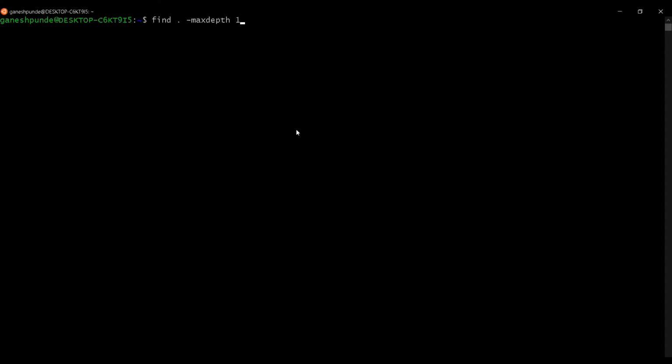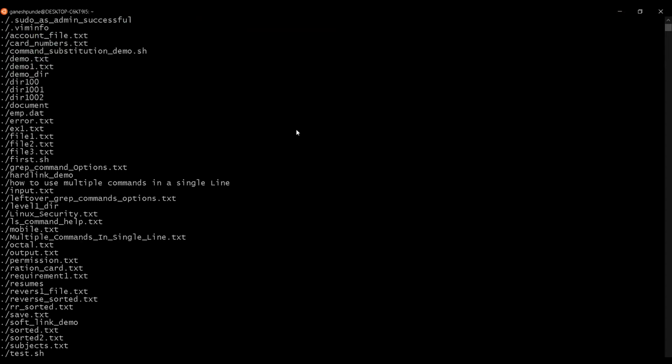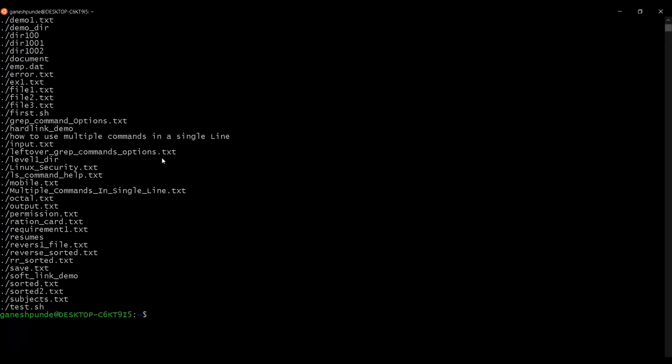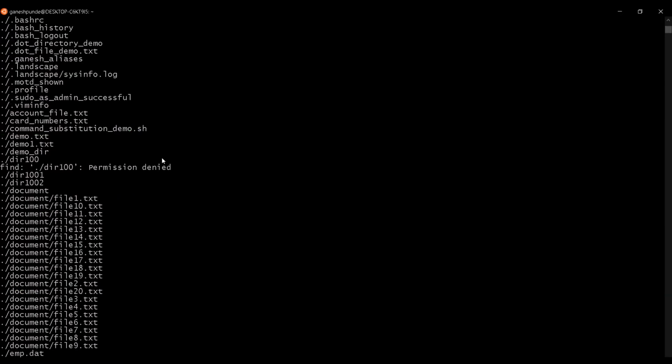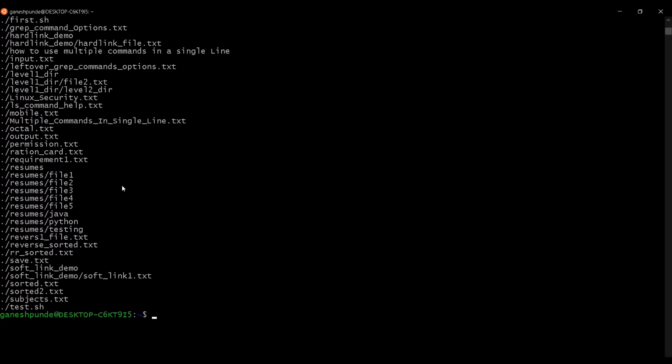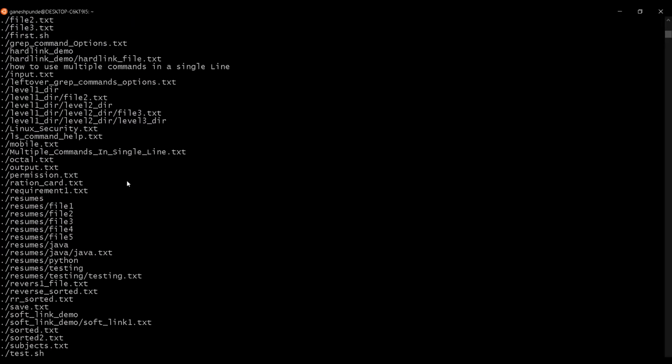Now let's say I want to find in the first level. In the first level you can see so many files it is showing. Now if I show you the second level, it is showing these many files. If I show the max level 3, this will show this many files, right?